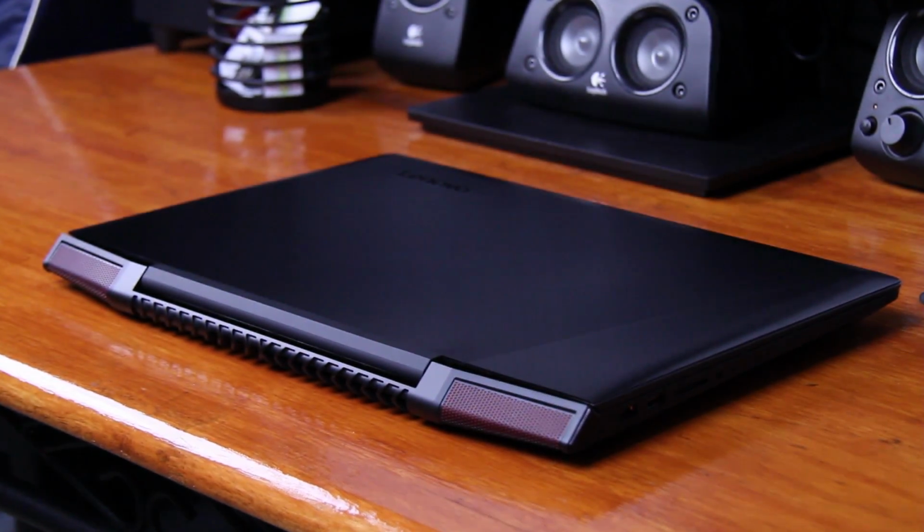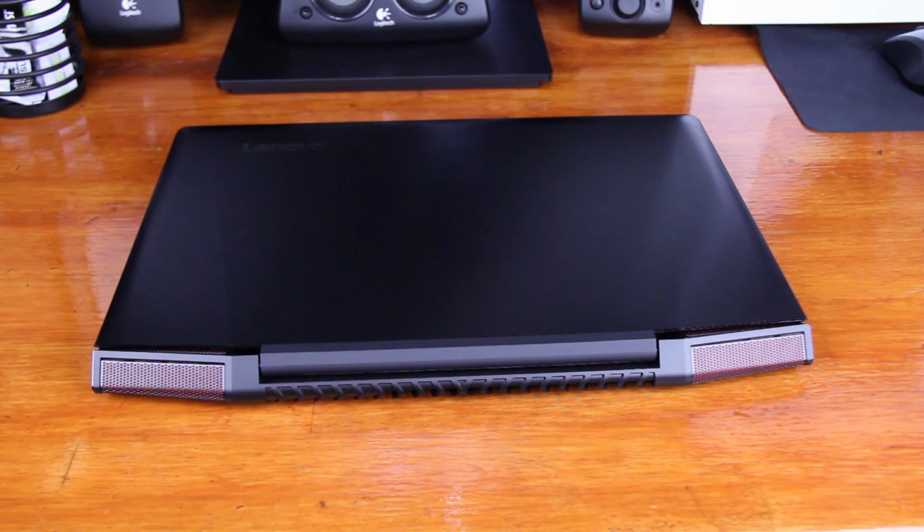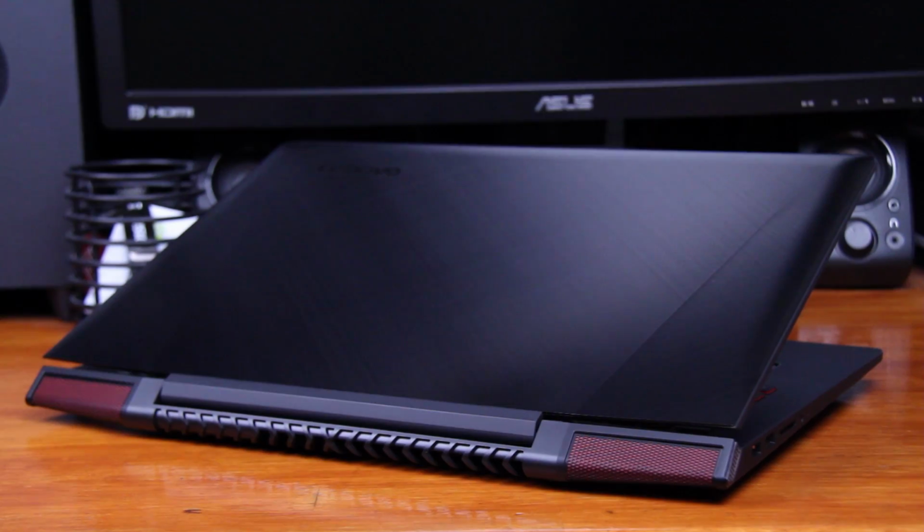Today we're going to be covering the all new Ideapad Y700 gaming laptop. This of course includes the powerful GTX 960M 4GB version with the all new Skylake 6700 HQ processor. But before we dive too deep into the specs and everything like that, let's take a look at its overall